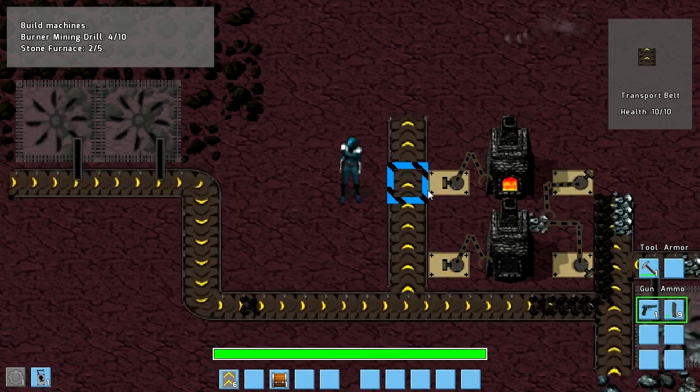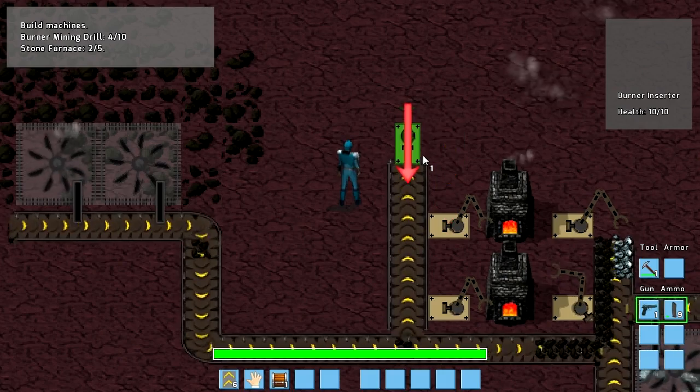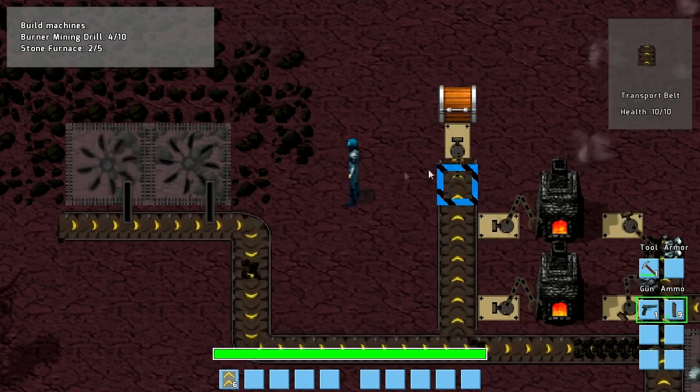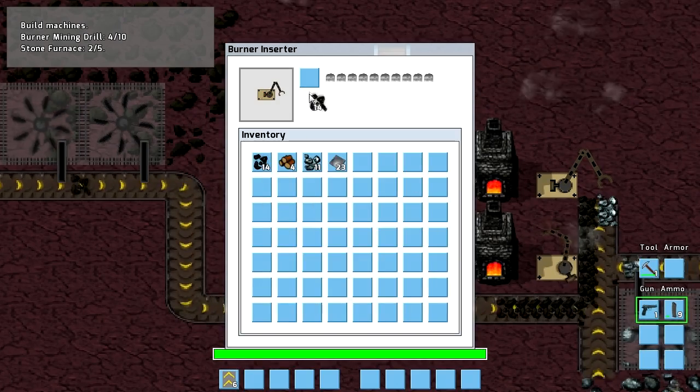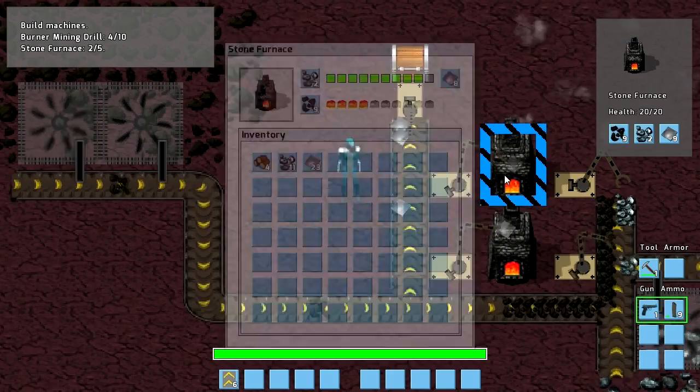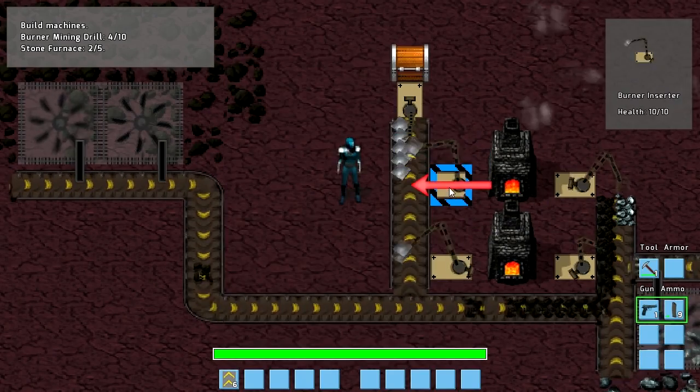And let's get another inserter here. Put it there, and then a chest. Now all we need is a little bit of coal. And there we go. So these inserters are now going to pull out of this stone furnace, and like I